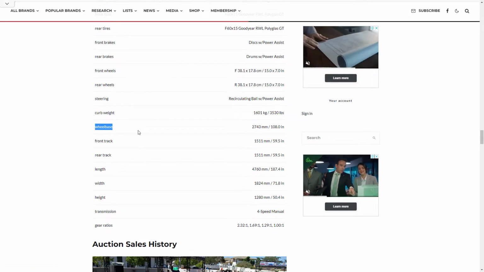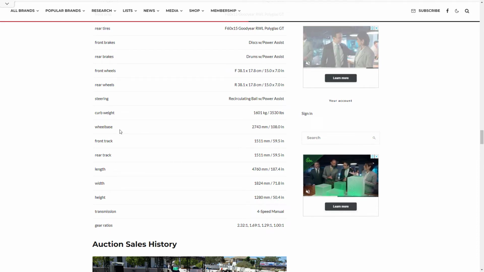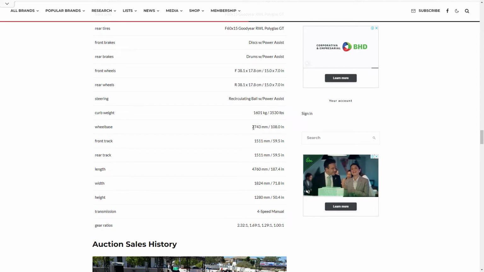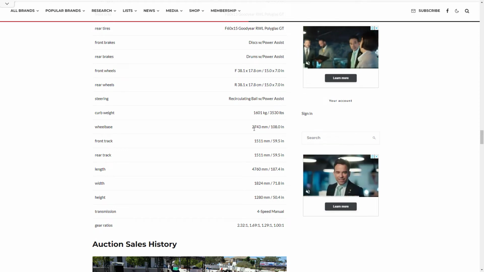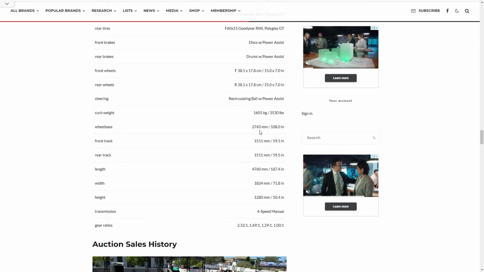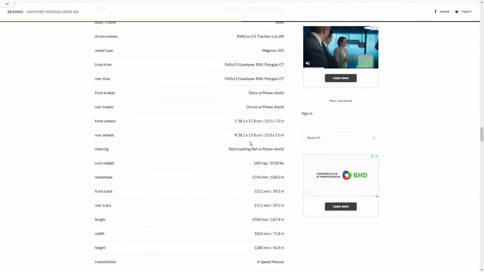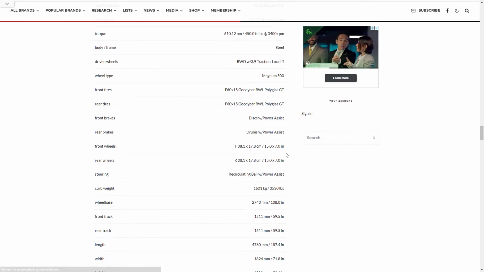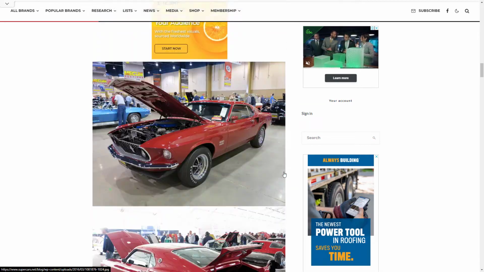The space between the two wheel hubs is called the wheelbase in automobiles, and it's 2743 millimeters, and that means 2.7 meters. So the wheelbase should be 2.7 meters for this car, and we can go back to our model